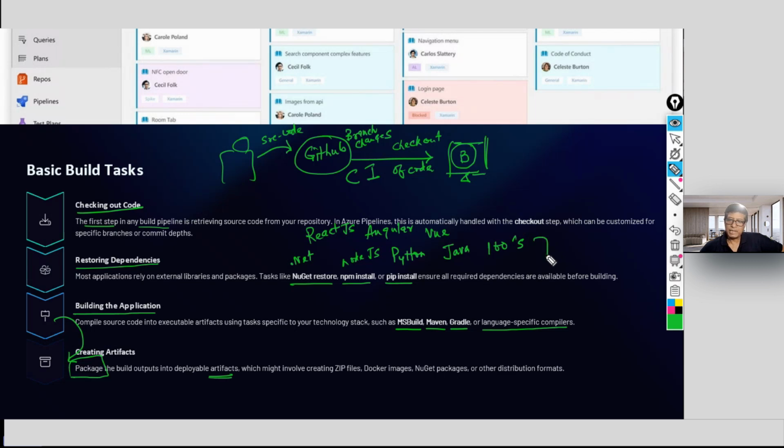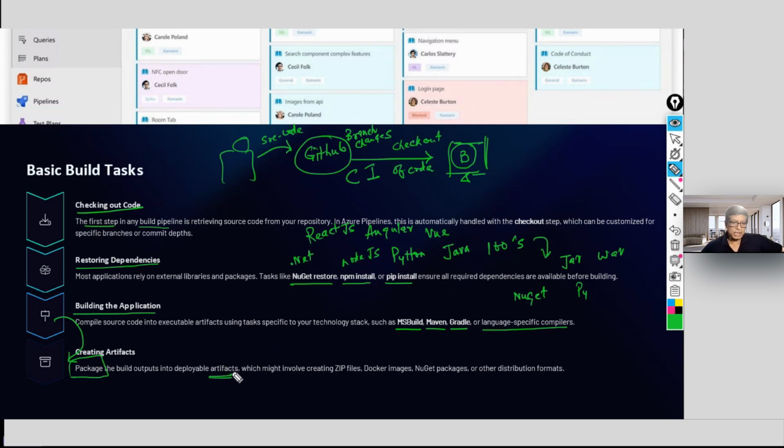You have to compile it into one artifact called jar file, jar or war file, isn't it? Or you say NuGet. All the .NET files will be compiled into a NuGet file, or Py files for Python.